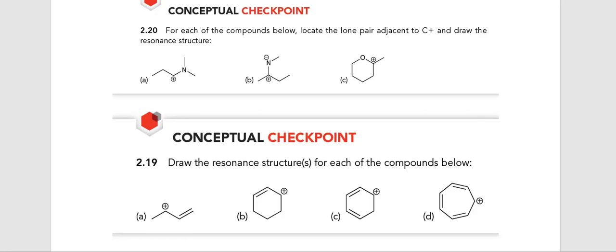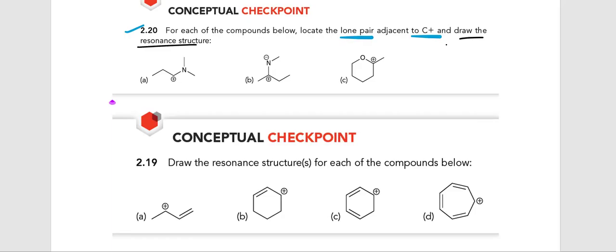So today we will be doing some resonance problems, and this will help you understand this concept as we move through these problems. So let's take 2.20. For each of the following compounds, locate the lone pair adjacent to C plus and draw the resonance